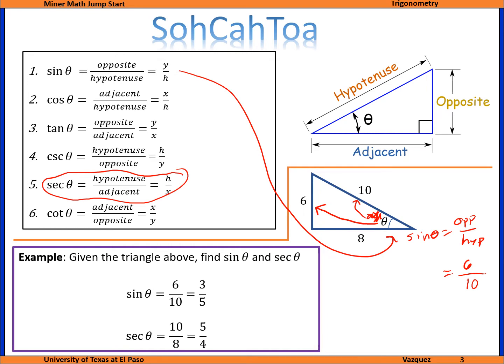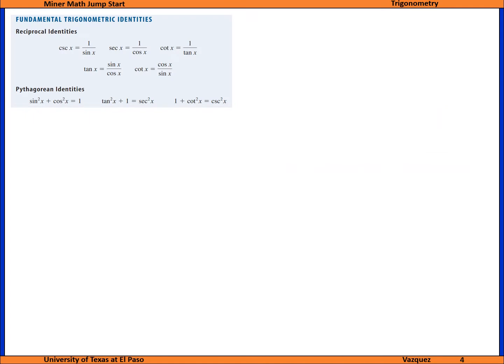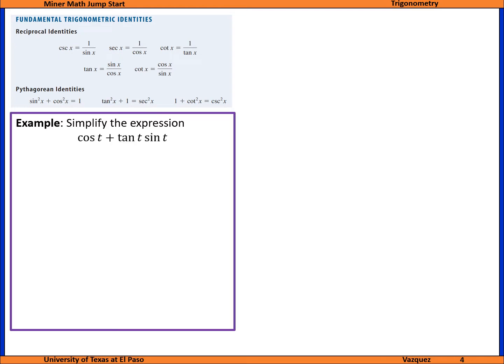Next thing, probably what made students hate trigonometry the most are trigonometric identities. What we do with identities is we pretty much solve a puzzle. We simplify expressions using these identities. And for example, if they ask us to simplify the expression cosine t plus tangent t times sine t, well,